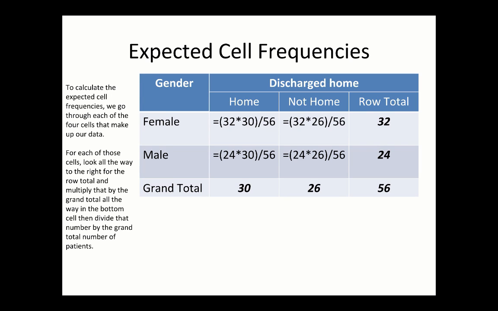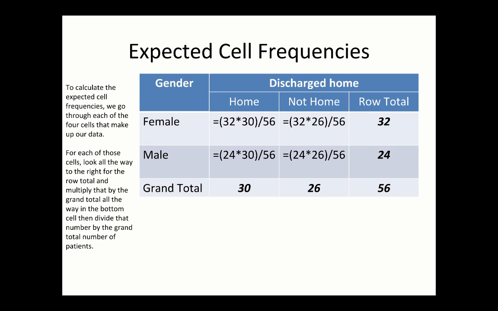The first thing we need to do is calculate the expected cell frequencies for each cell. To do this, we go through each of our 4 cells that make up our data. For each of those cells, look all the way to the right for the row total, and multiply that by the column total. Then divide that number by the grand total number of patients. So for females that were discharged home, we take the row total for females, 32, and multiply that by the column total for the number of patients discharged home, 30, then divide that number by the total number of patients,